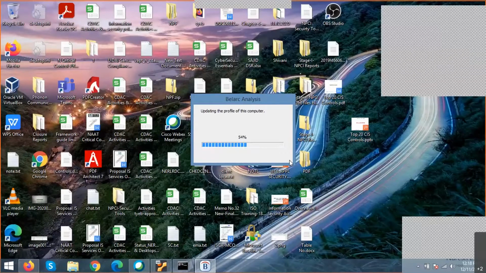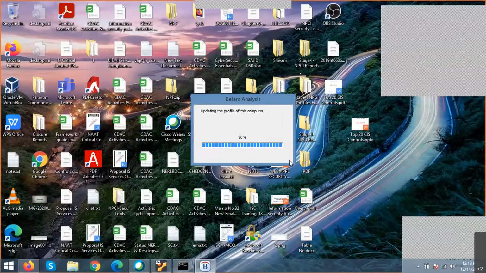I have downloaded this tool and it's updating my computer's profile. It will take about 2 minutes to collect the list of all the vulnerabilities. It's almost 72% done. Are you able to do the same on your PC right now?